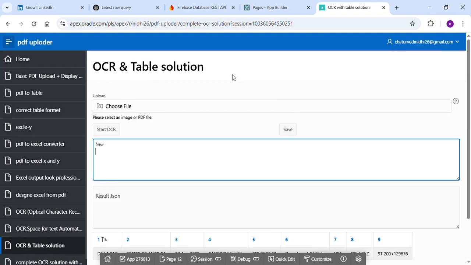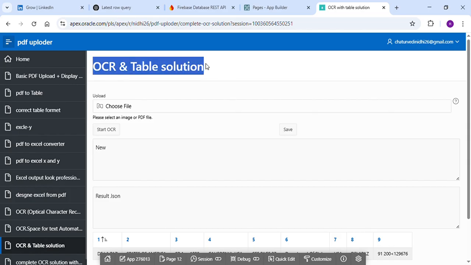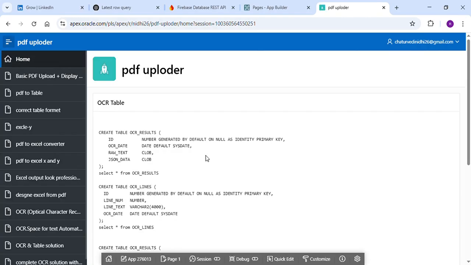Hi, this time I am here to explain an OCR solution without any plugin. Right? So